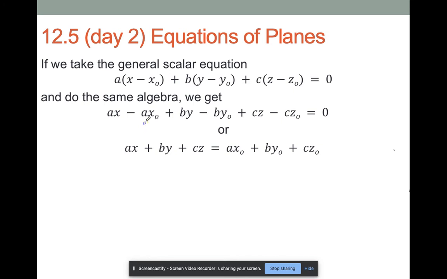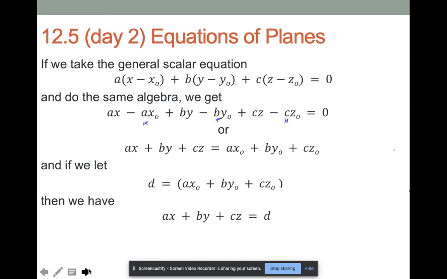This is just a number, because it's a particular x. This is just a number. This is just a number. If I combine all of those together and move them to the other side, and then add them and get, for instance, a 12 by the time I moved it to the other side,